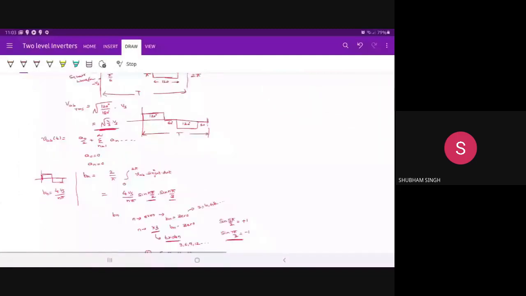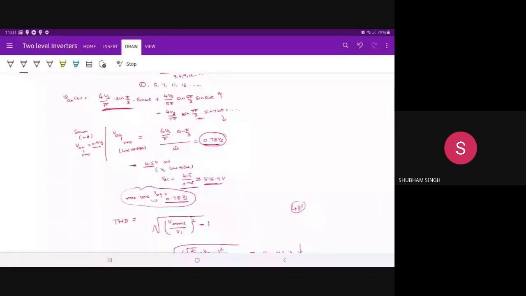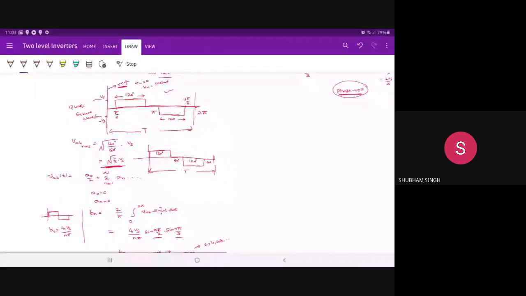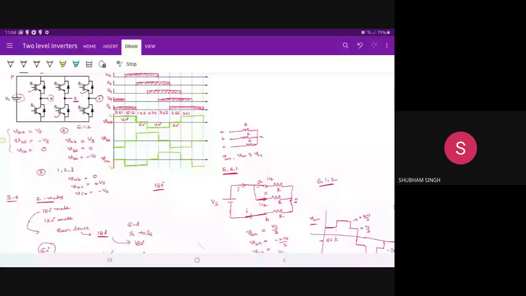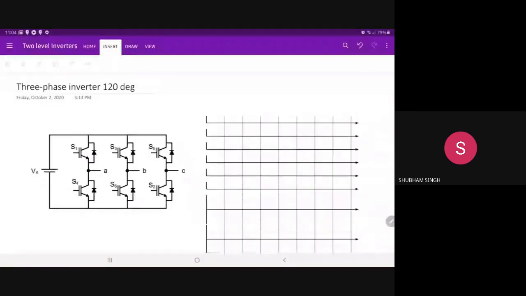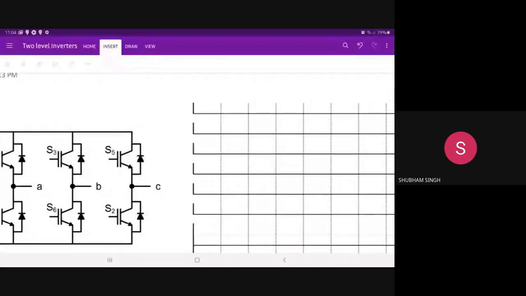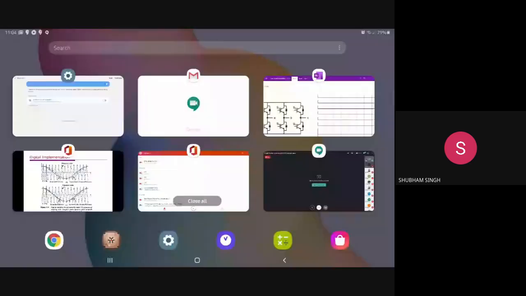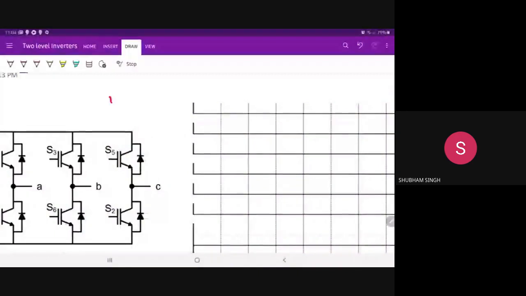Right. This is about the 180-degree mode of operation and its corresponding THD and all. So we will move to the 120-degree mode of operation. I'll just briefly complete this one. In the 120-degree mode of operation, each device will conduct for 120 degrees. So if these are S1, S2, S3, S4, S5, S6, each device will conduct for 120 degrees. So this is S1, this is S2,